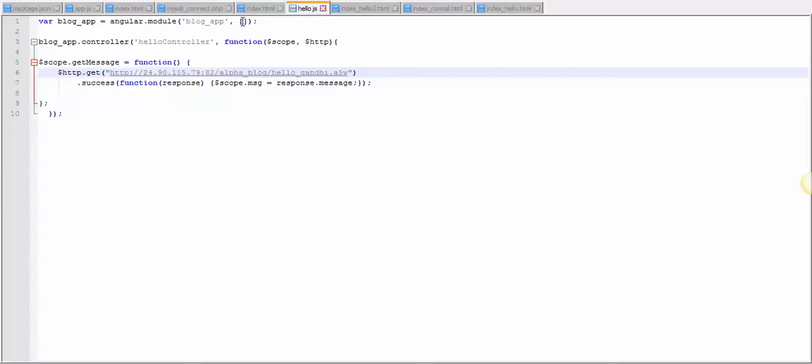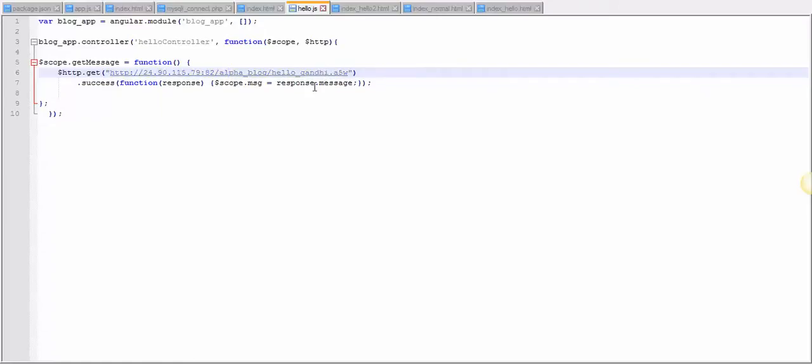And again, the dependency is not injected or declared yet. Controller, hello controller, function scope, and HTTP. And I'm going to call my server that is located in my office approximately 20 miles away from here. And same thing, I'm calling this Hello Gandhi FIW